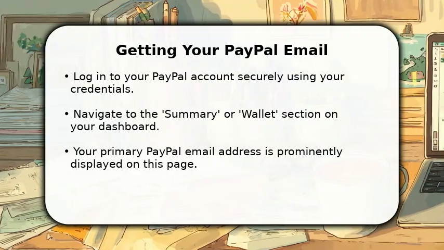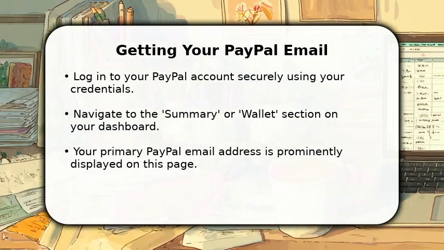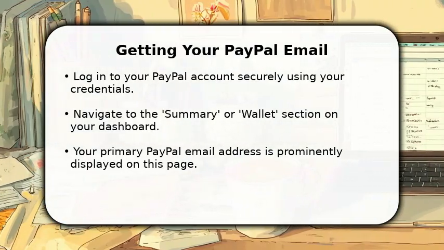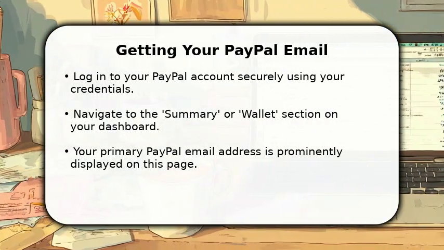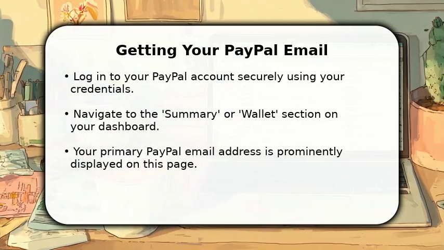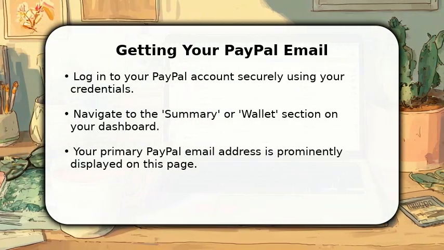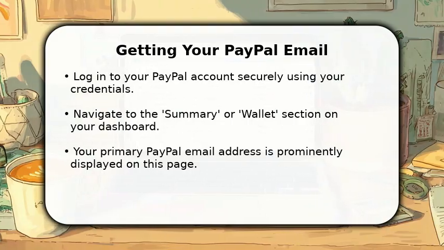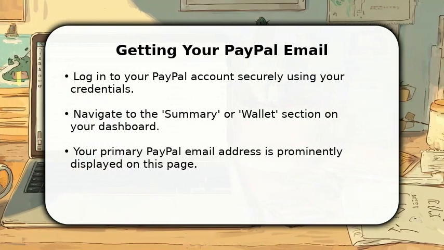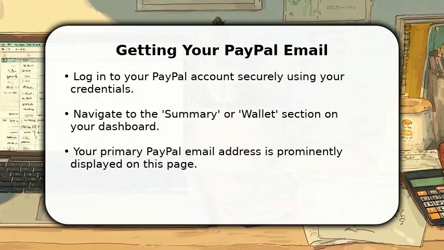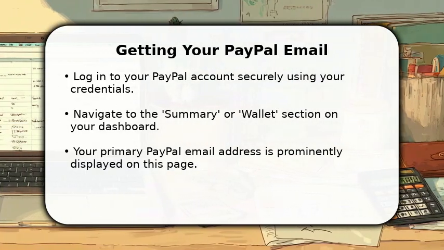In this video, I will show you how to get your PayPal email. First, log in to your PayPal account. Once you are successfully logged in, look for the Summary or Wallet section on your main dashboard. Your primary PayPal email address, which is essential for receiving payments and managing your account, will be clearly visible there. This is the quickest way to find the email associated with your account, usually within a few seconds of logging